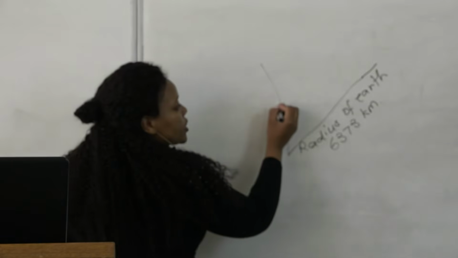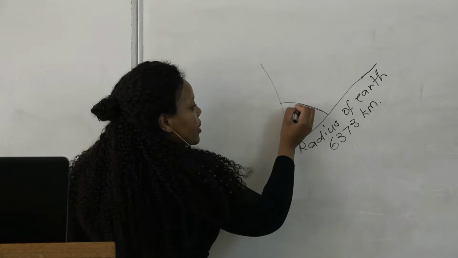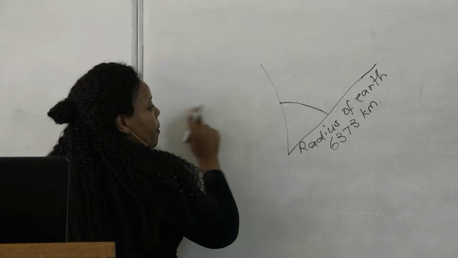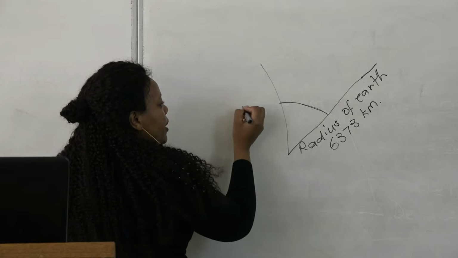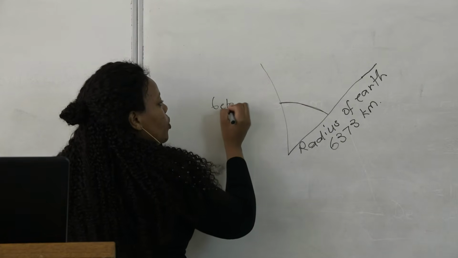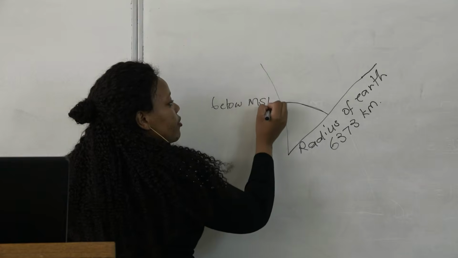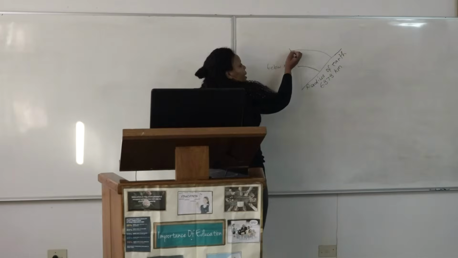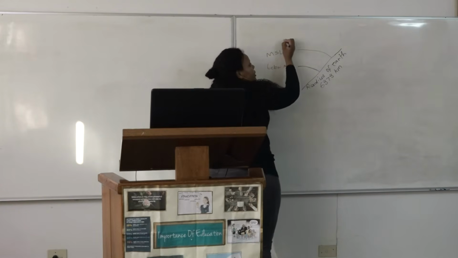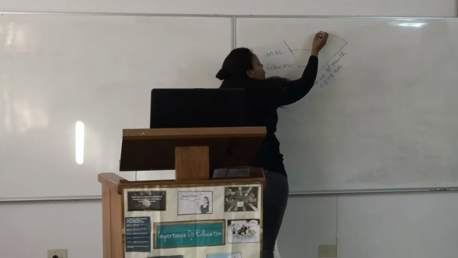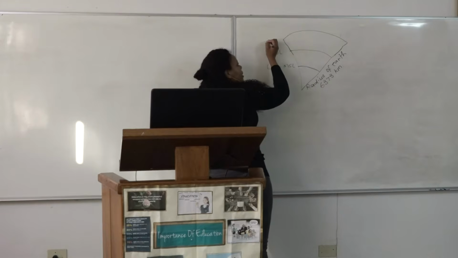We've got the height measured below the main sea level, and this is the distance measurement at the main sea level, and this is the distance measurement above